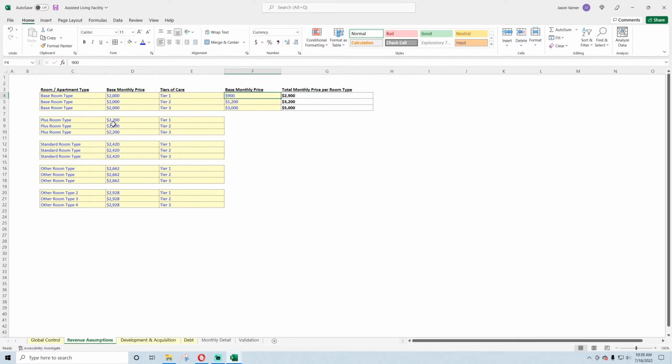Come here, come look at this. You gotta see it. Just look at this. So look, you've got different room types, right? Here's the base price for those rooms. Then you've got tiers of care. Here's the increase in the room price of the tiers. Is this different for each one as well? The additional monthly price for the tier? Or is tier 1 adds 900 no matter what room type, it adds 900, whatever the base is? In general. Does that make sense at all? I don't know how else to do it. You say you've got